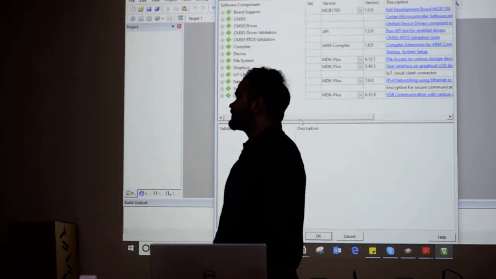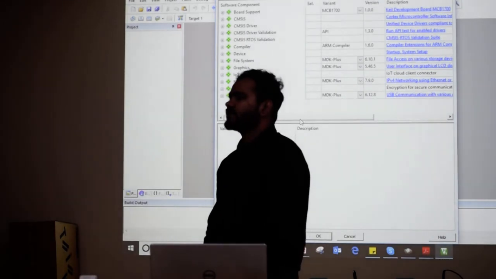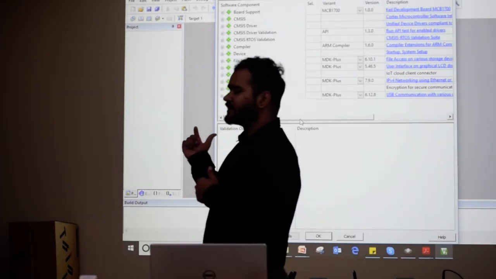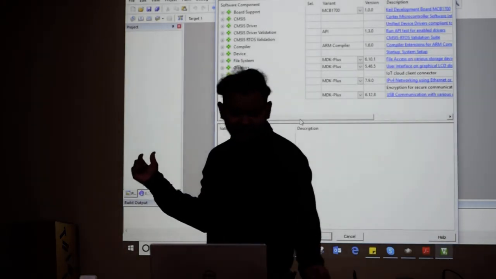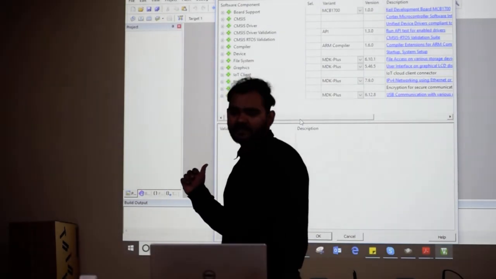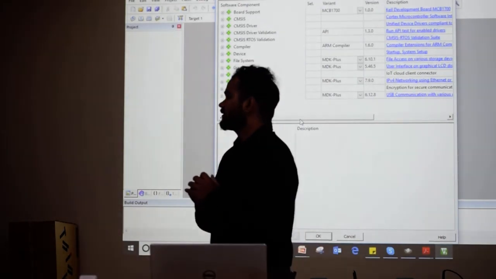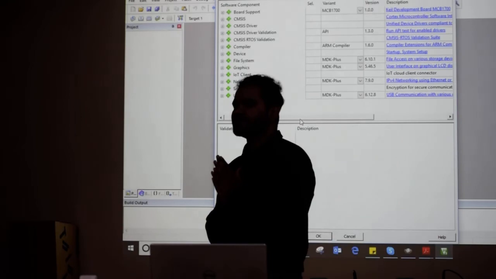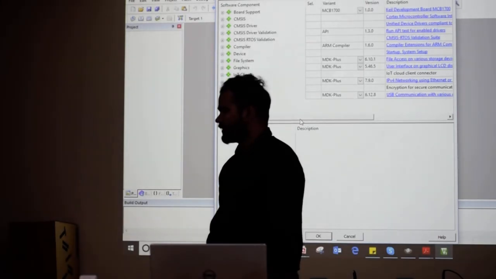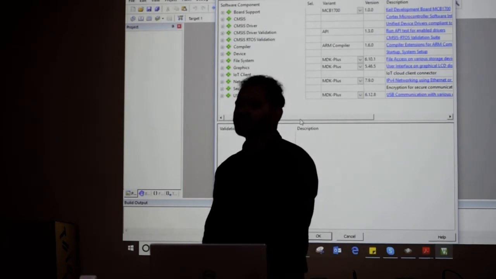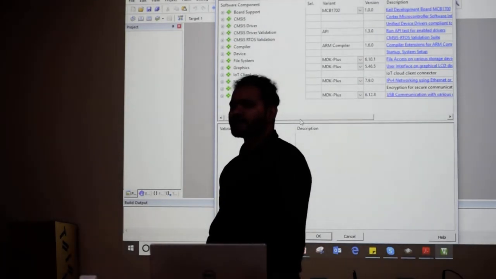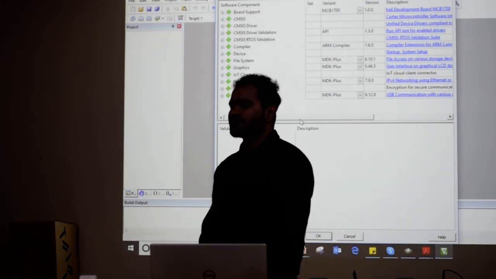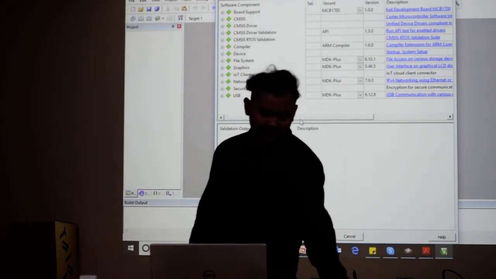Now this window will open. So what does this window do? When we select legacy device database, this window will not pop up. As we have seen, these are the board support packages which are given by CMSIS only. Board support means what? What does that mean? Board support package, BSP, we call it BSP. Anyone? Okay, so BSP is nothing but it will give all the software examples for the board supported peripherals available on the board. That's why it's called board support package. So, it has all the support.